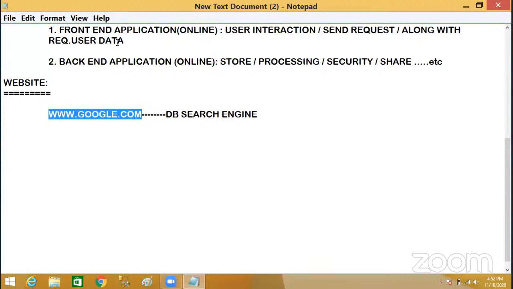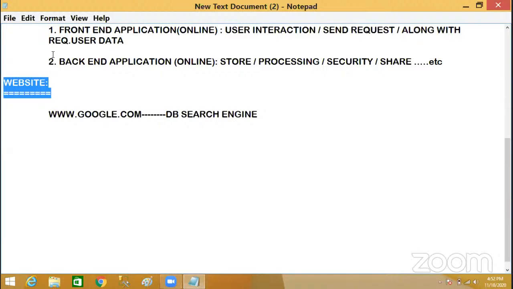In such a way, Google is also one type of database. Like this, you can see any website in real time. Every website depends on a database, like finance sector, banking sectors, even educational sectors, IRCTC, airlines, anything you can see, websites in medical sectors. So for every website, once you want to develop on any different domain, you should have database awareness. Without database awareness, you can't develop your websites.